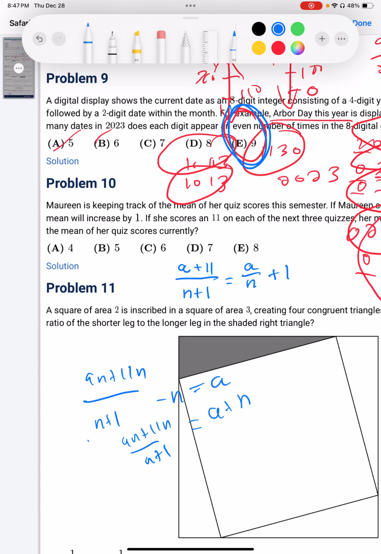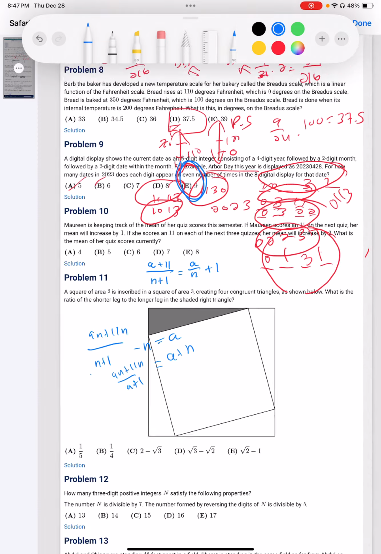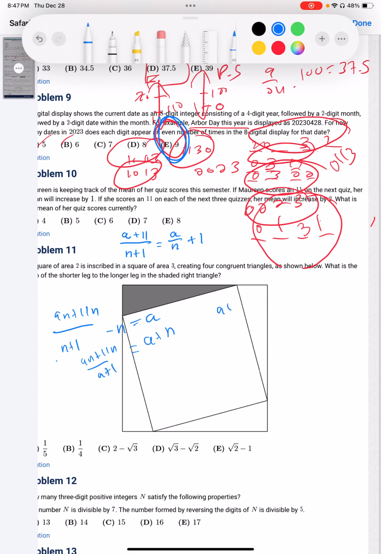Okay, cool. That's cool. And then we could just do it to the other ones. So then like A plus 3 over n plus 3 equals A over n plus 3. So then we can just do this and then